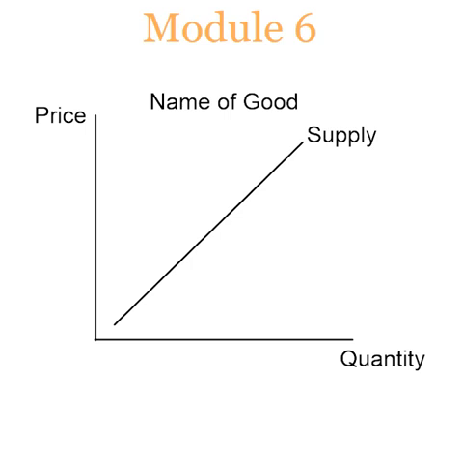Just like demand, price goes on the y-axis and quantity goes on the x-axis. Those things don't move because they're there whether we're focusing on demand or supply. And you always have to have a title for a simple supply and demand model showing the name of the good. So I just wrote general name of good here, just so you remember that you always need to have